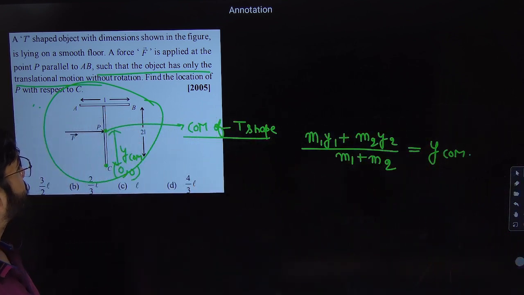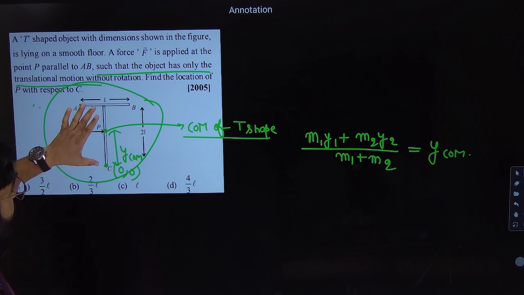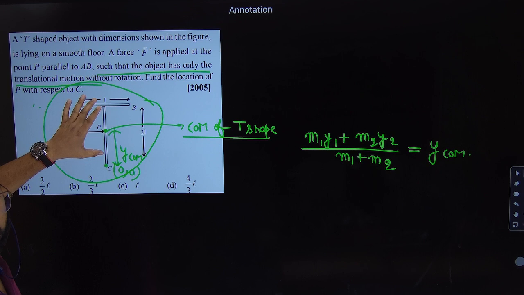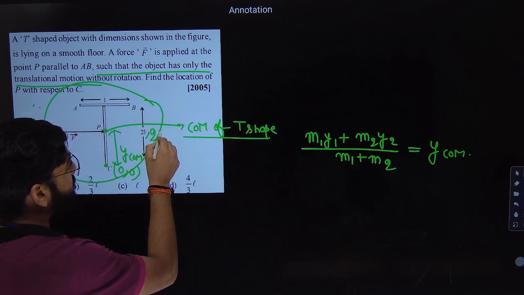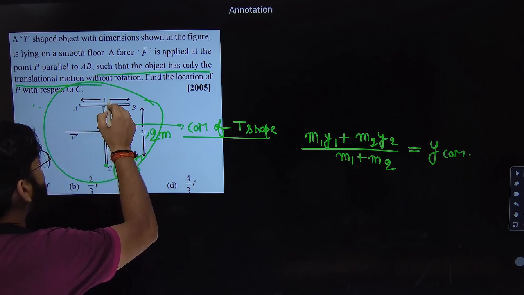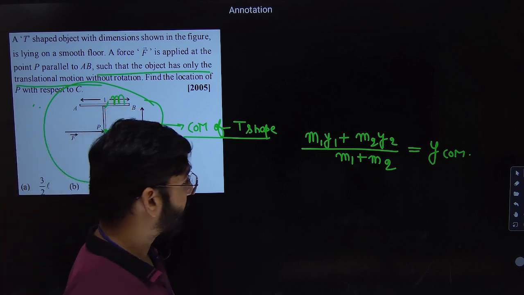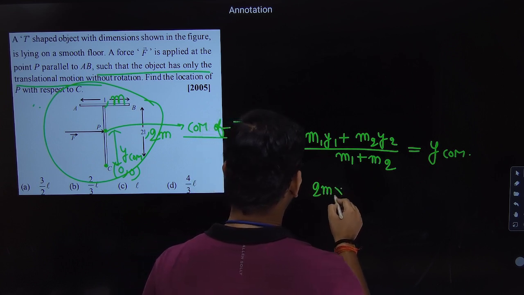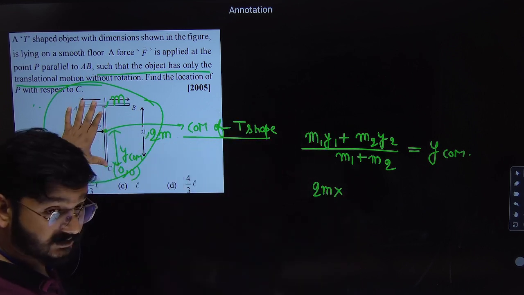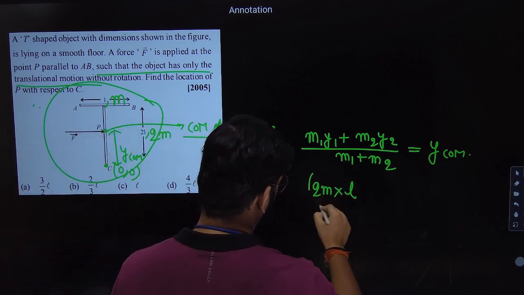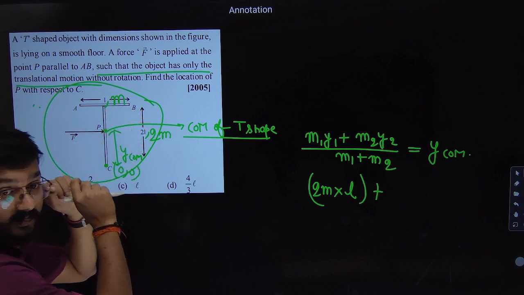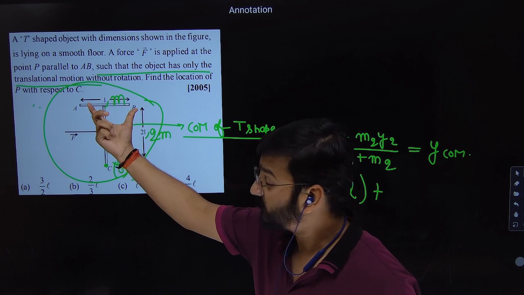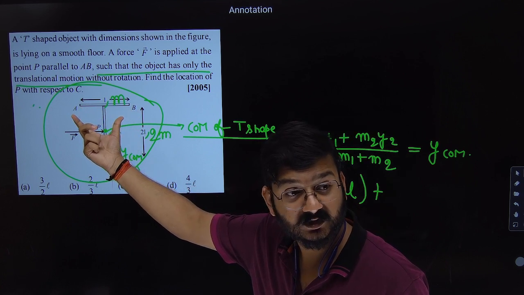Now, all of you answer this. If you see only this one, where will be the center of mass of this rod? Total length is 2L. So for M1, the length is 2L, so I'm taking mass as 2M. Length is L, so I'm taking mass as M. So 2M into, where is the center of mass of this rod? M2 is which rod? AB. So what is the mass of AB? M.